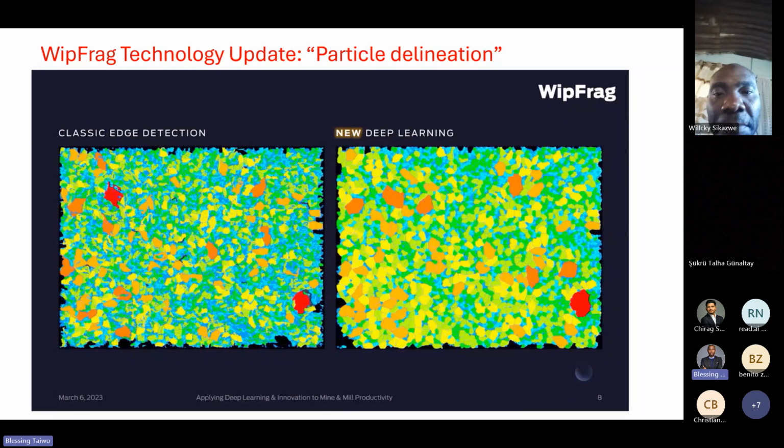So as you can see here, where I have my cursor, this is an example of the classic edge detection. This edge detection will require manual editing, which can take a longer time. So in this case, you need to find out those sections of the image, after you've taken the picture and processed the image in the technology, that have this disintegration issue.